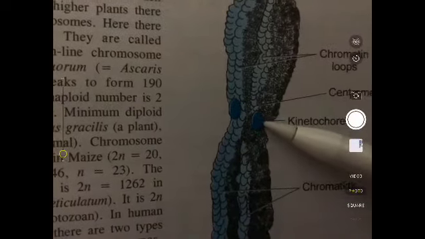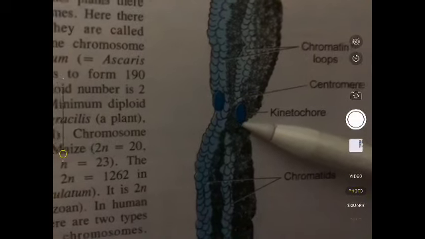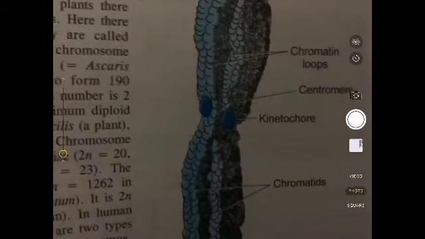So we are going to discuss the types of chromosome on the basis of presence of centromere. Sometimes there are 2-3 centromeres, sometimes one centromere, sometimes the centromere is present in the center, sometimes at the tip, sometimes above the center, below the center. So on the basis of location of the centromere, chromosomes are divided into various categories. So students, let's start with that.